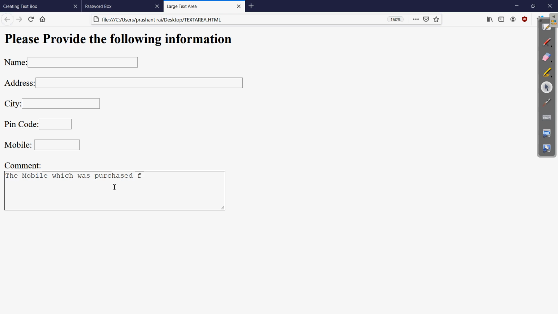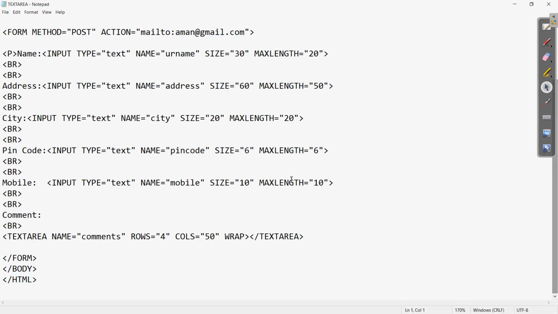Purchased from this website. Okay, so you can see when the text comes to the end of this box, the text automatically wrapped and came to a new line. Clear? So this is the feature of wrap text. That is why we have written the wrap attribute in the text area.